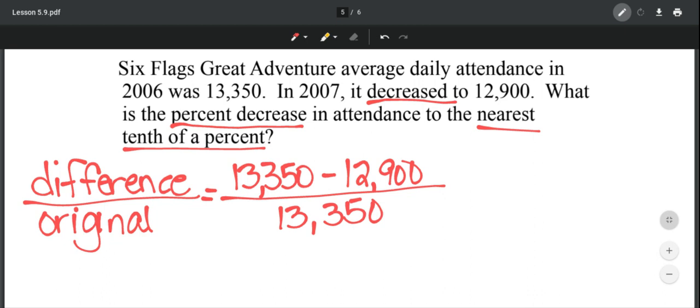So now when I subtract 13,350 by 12,900, I get 450. When I divide that answer by 13,350, I get the decimal number